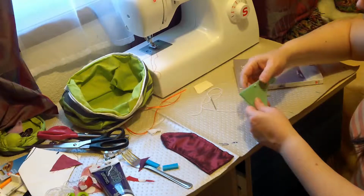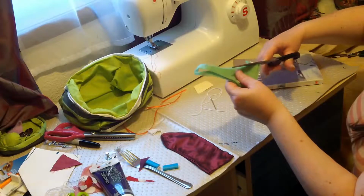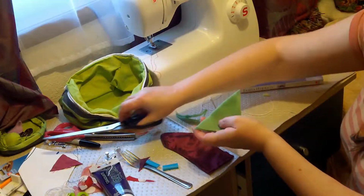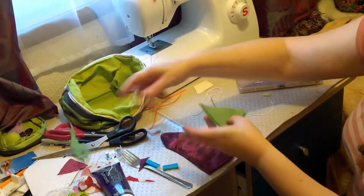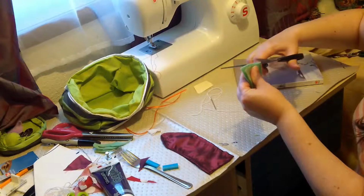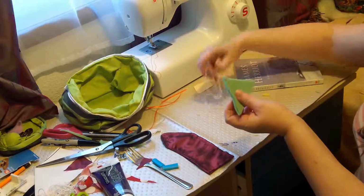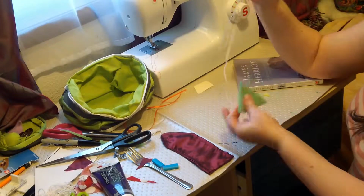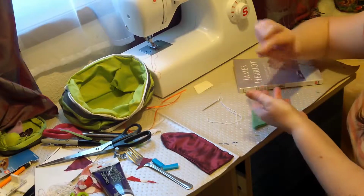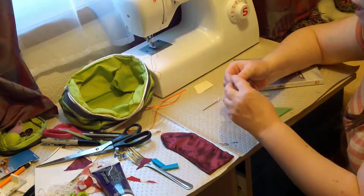I just wanted to run through a few really simple bookmarks for end of term, maybe small Christmas presents, but crafts that I think an 8-year-old could do for themselves. So what I have here is 2 triangles of felt. Now you can buy squares of felt reasonably priced quite easily. I also have embroidery thread, and I have managed to find an old darning needle. So you don't really need special equipment for this, but